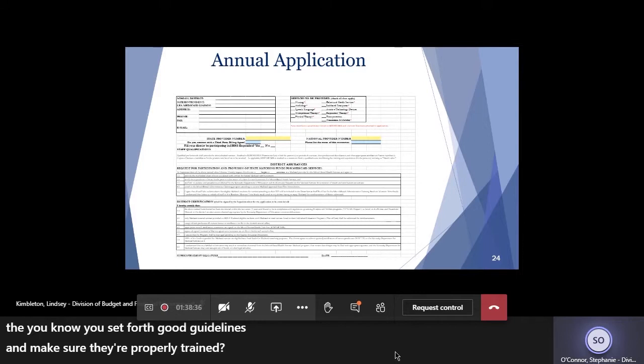Do school psychologists have to be licensed, or do certified school psychologists also bill? With the updated modifier list, Lucy, you can chime in, school psychologists are on there, and it's actually a certified school psychologist. So just check that out when you get a chance. A lot of mental health providers that we were not able to bill for in the past will now be eligible for Medicaid reimbursement, which is really exciting.